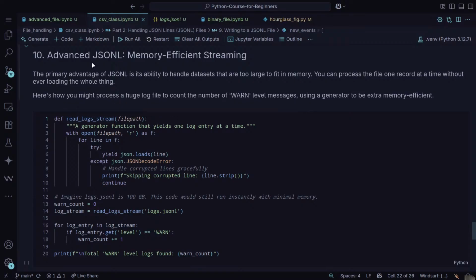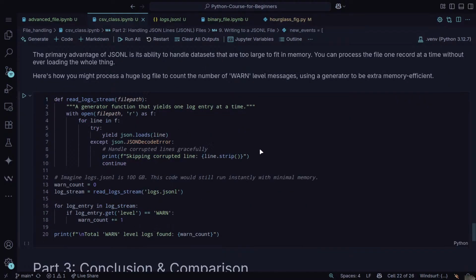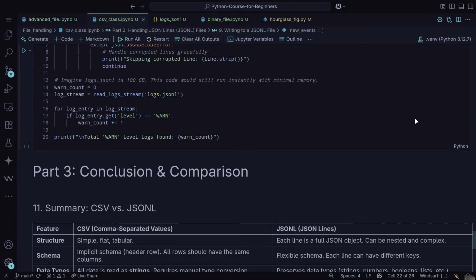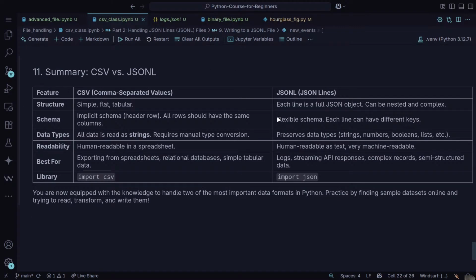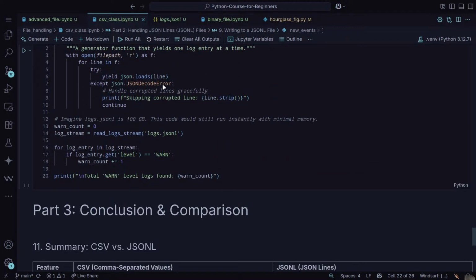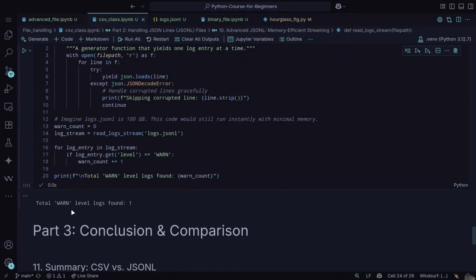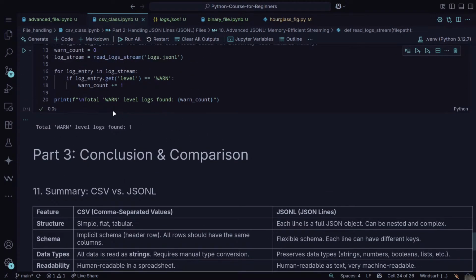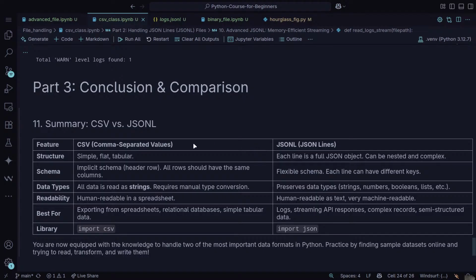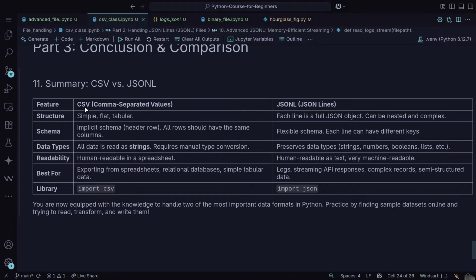ভালো। So হুম। next we have advanced JSON. Okay, memory streaming and all this. I don't think you want to go into this basically. But in the end, because they like JSON and decoder and all this warning and one error from. So I'm not going to go into this one. You don't need it. ঠিক আছে। Now, see, CSV means comma separated values and JSON means